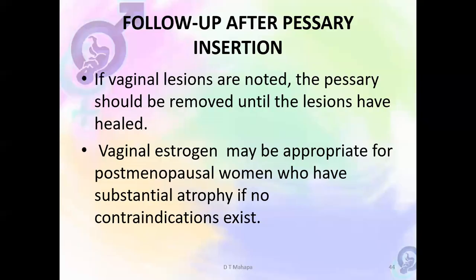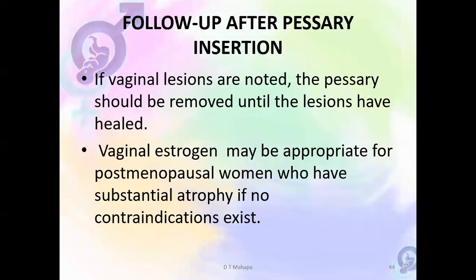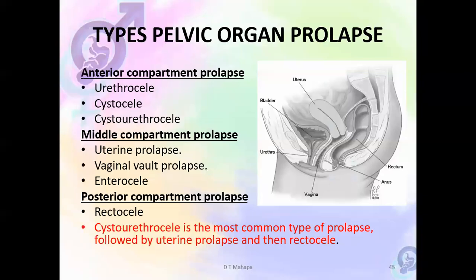But a pessary must not be used routinely as a definitive method, because it sits on the vaginal side wall and can cause ischemic necrosis there, from pressure necrosis, and cause lesions. It must be removed periodically and inspected to check there's no lesion. If there's a lesion, you must put estrogen and take the patient off the pessary so that the place can heal, but it can form a very big wound.